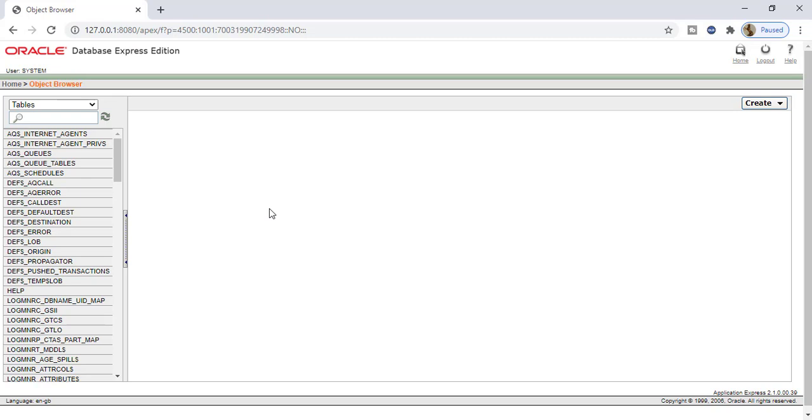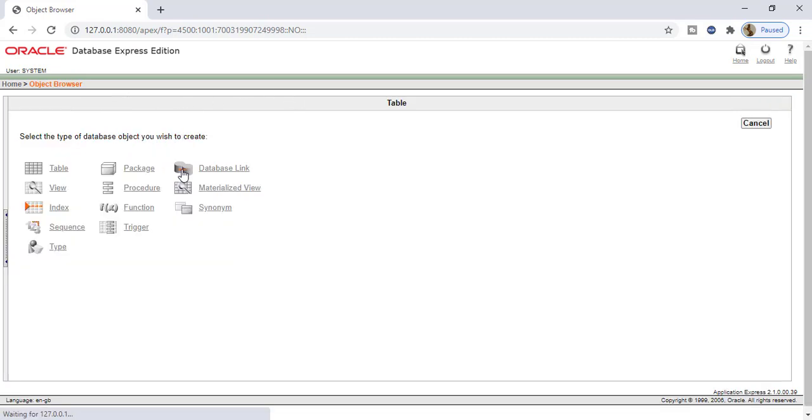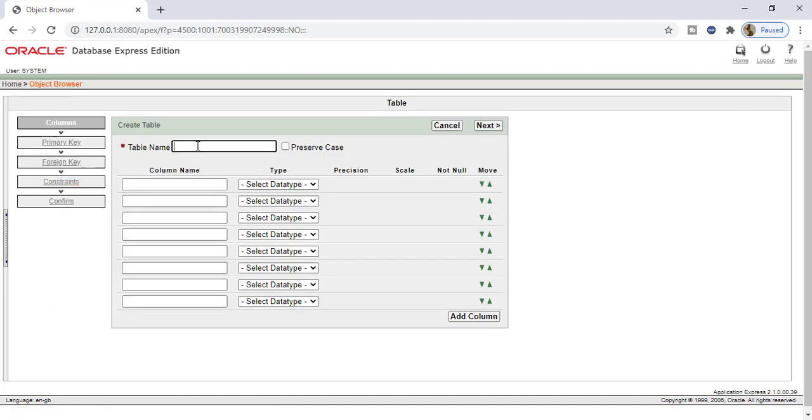Here, first I will create one table. I will give the table name as student info. And I will give 3 columns. I give the column names ID, name and email.